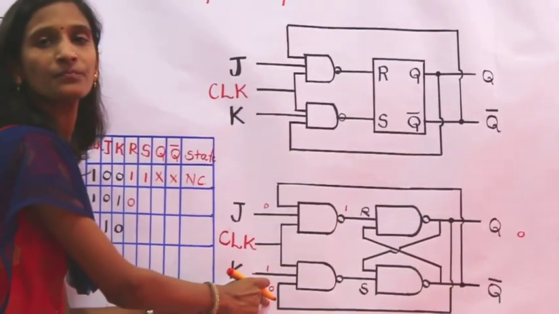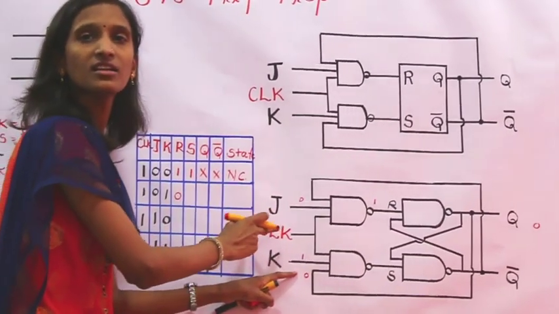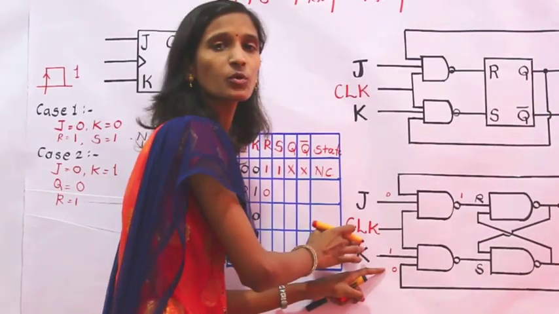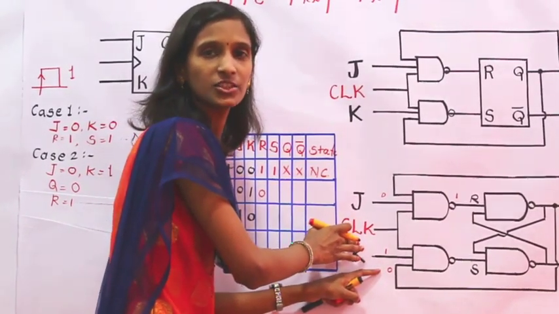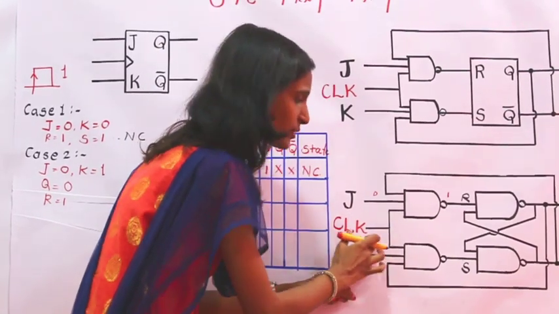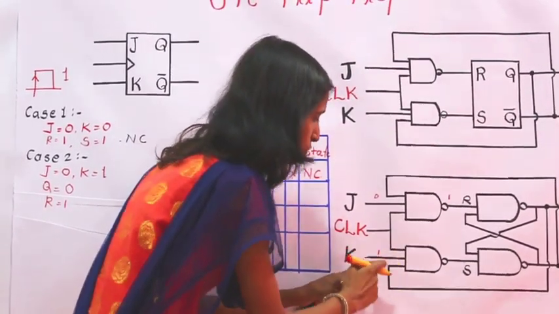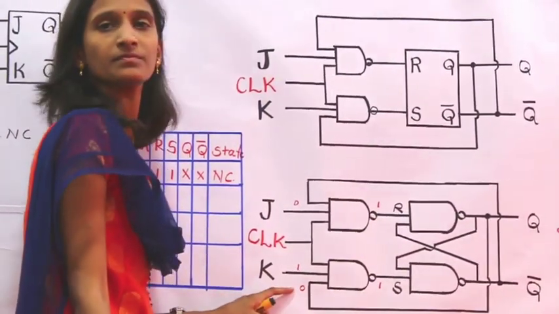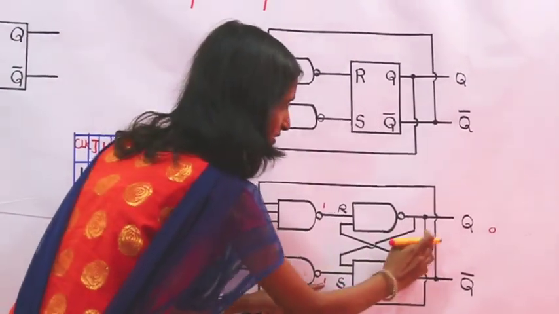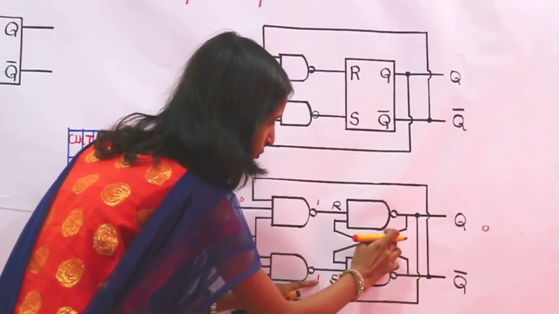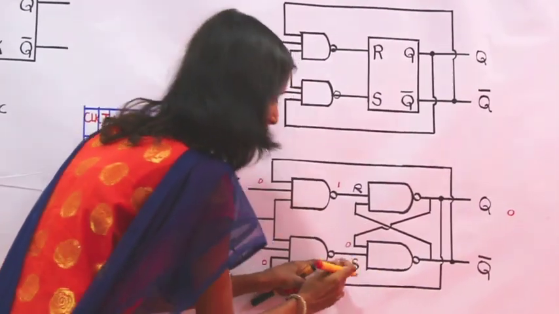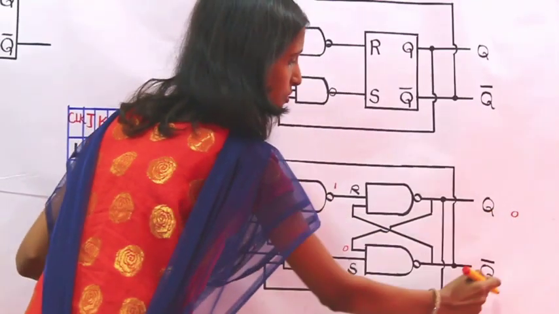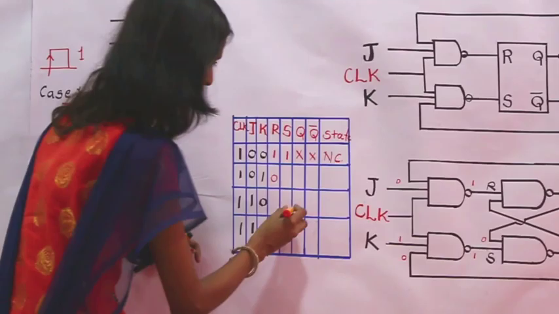So 1 and 0 output in all the cases, the clock pulse is 1. So don't consider this 1 because it is a high condition. So ultimately I have to consider only the inputs given here, 1 and 0. So what will be the output again here? 1 and 0, it becomes 1. Now you can consider this is again 0, where Q is connected here. So this is 0. What will be 1 and 0? This becomes 1. You can consider Q is 0, Q bar is 1.